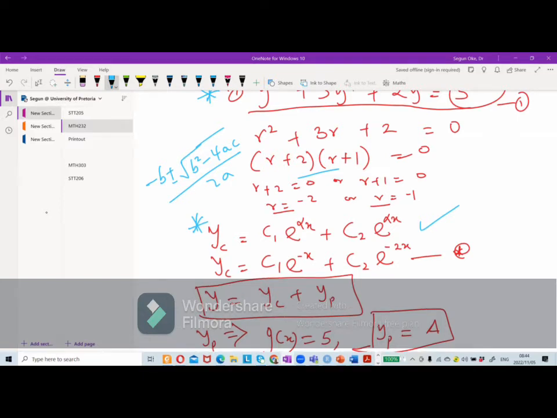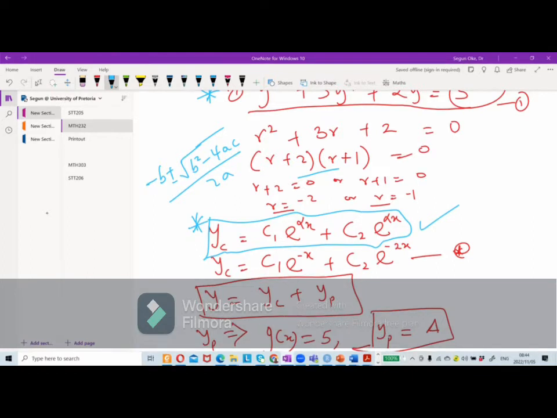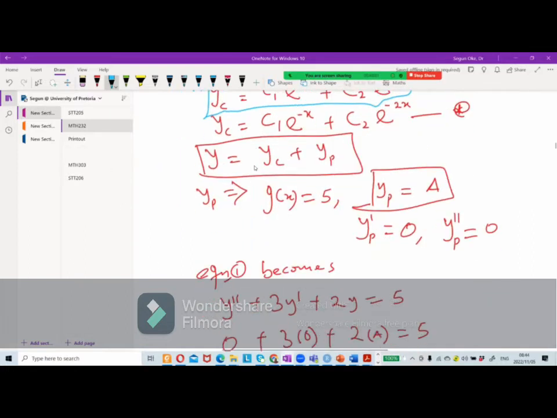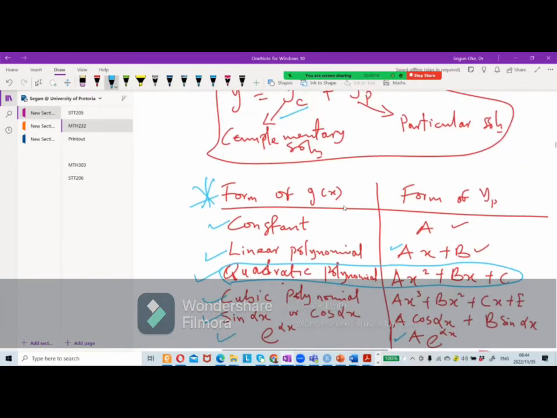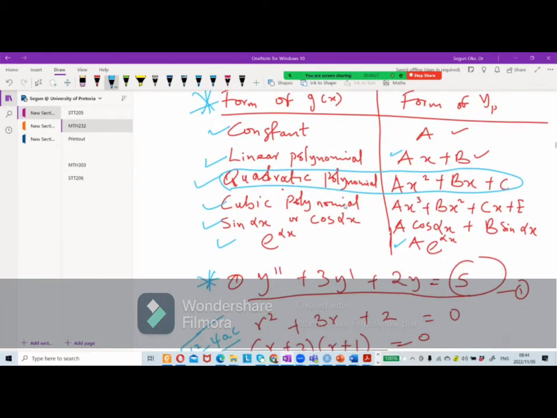Now, this is where you substitute it. yc equals C1, because we are doing quadratic, definitely I will get two answers, C1 and C2. So we can solve that and it will make more sense. Then yp is equal to what? We get your yp, you go there and solve your yp. How do we solve yp? Because yp here is what? Constant. And from the table, I told you,